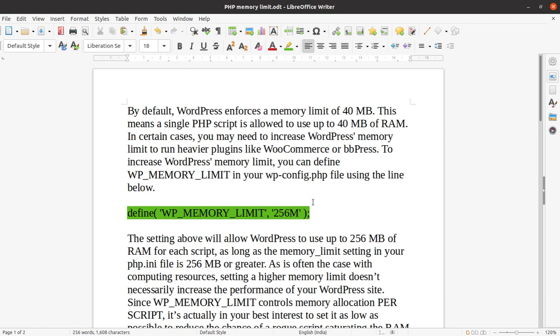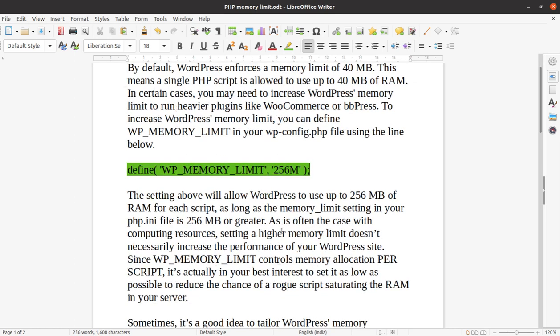It might be wrong for your case, because a poorly written PHP script can consume the complete memory and bring nothing to your website. The website will keep loading and loading, and this is just a wastage of server resources. So you have to handle this memory limit with due care.